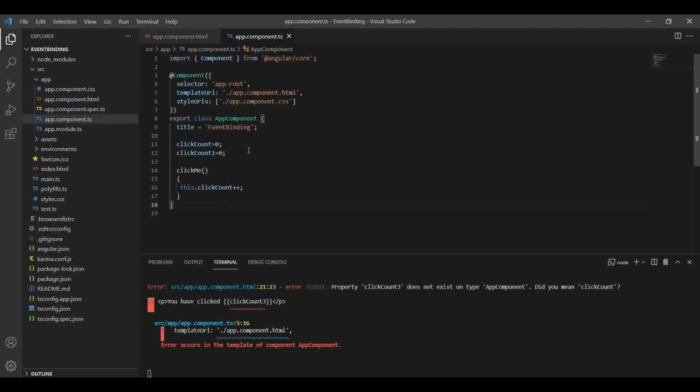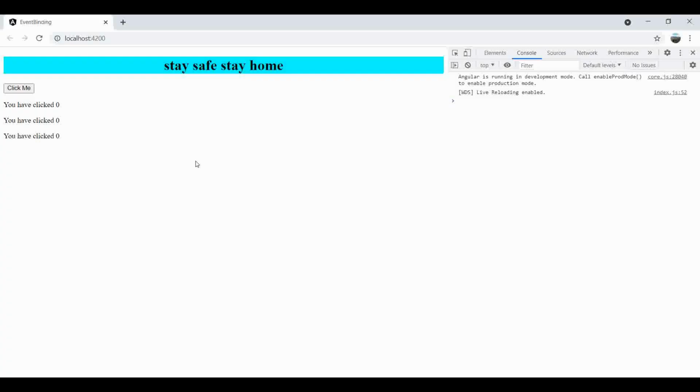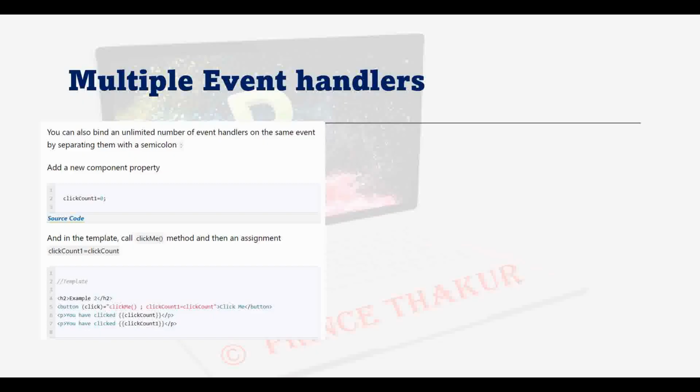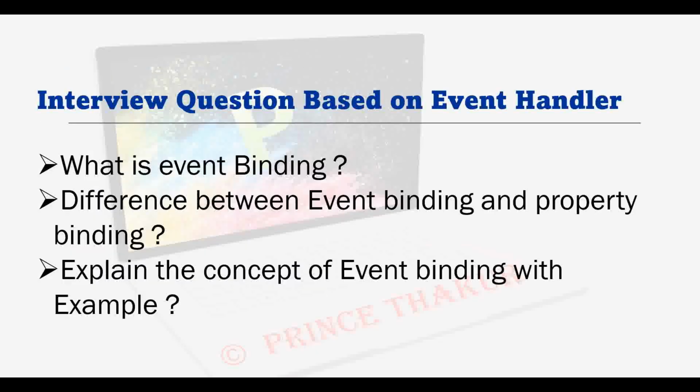Now I have to create one more variable inside my TS file, clickCount3 equal to 0, and save it. Now you can see if I press one button, three events are performed at the same time. Yes, it's working correctly.